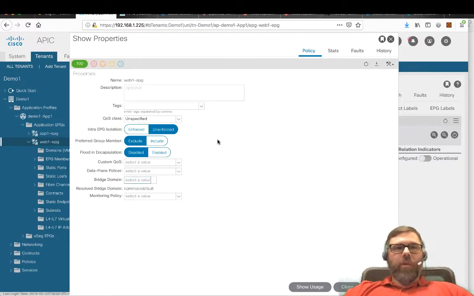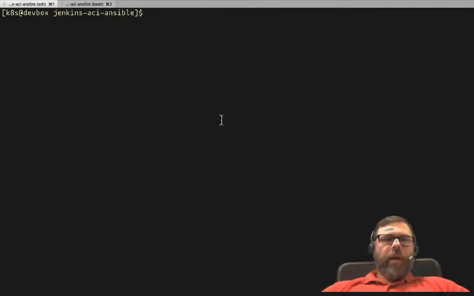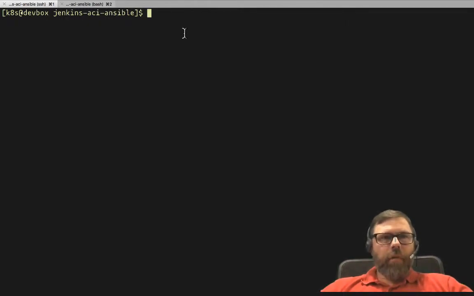So in order to resolve the issue, we're going to go ahead and not fix it from here. We're going to fix it from our code. So what we need to do is actually go to the code. Okay, here's our code. Before I make the proper fix to our Ansible playbook for the tenants, I wanted to show you how the Cisco Network Assurance Engine was able to work from the Ansible playbook that we invoked from